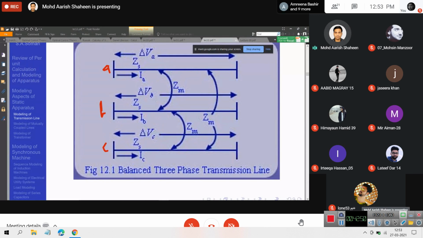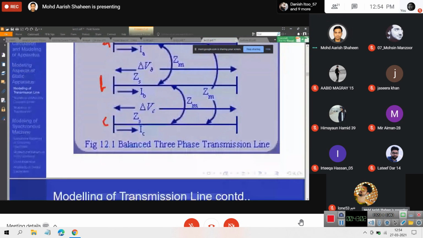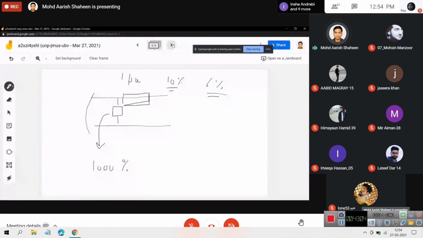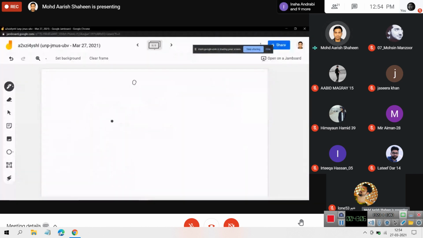In practice, obviously, the mutual impedances can be slightly different, but at least for preliminary calculations, we can assume that they are the same. By the way, why are they different? Because you look at an actual transmission line. It is not made like this. It doesn't happen that one phase is here and the other phase is here, symmetrically. That doesn't happen. In practice, you have a transmission line which is something like this. All the three phases are mounted either vertically or horizontally.